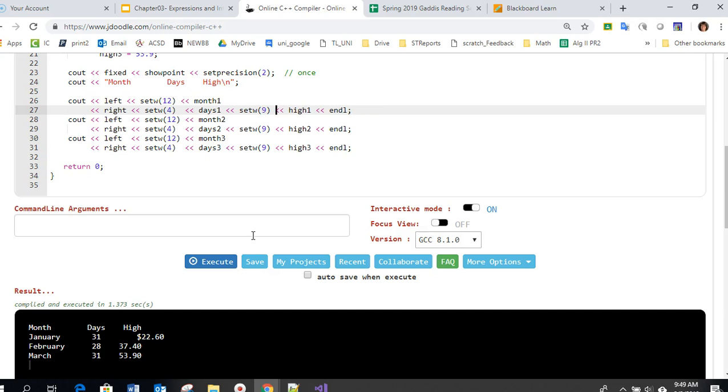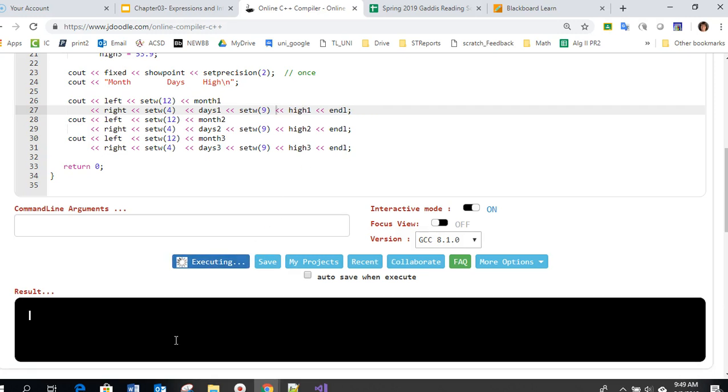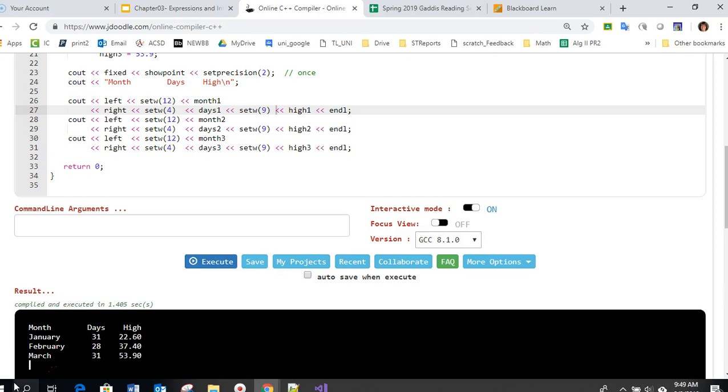I'm going to take that out and execute it again, so we're back to where we started from. Okay, that's it on formatting with set precision, show point, fixed,